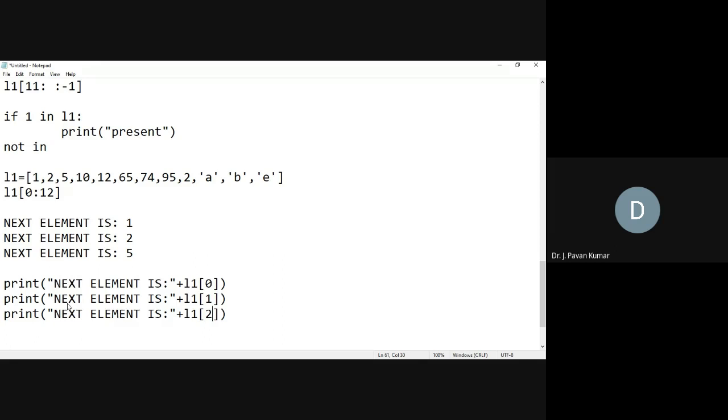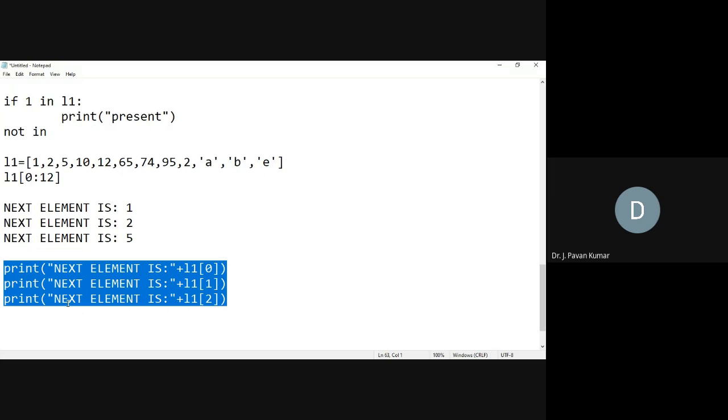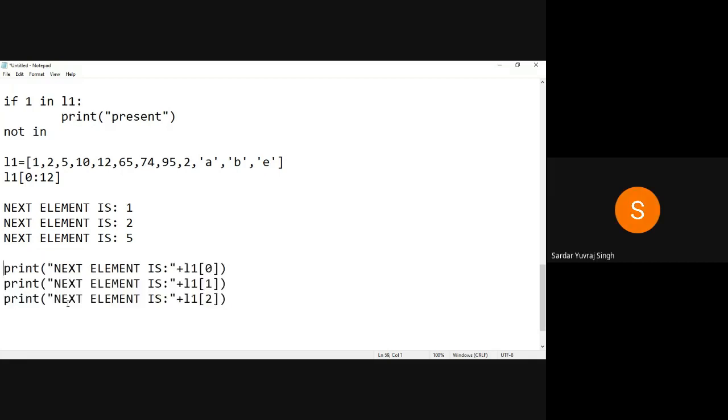Instead, if you observe here, what is it that we are changing in all these statements? Only inside the square brackets, only the index we are changing. First time we use 0, next time 1, next time 2, like this.